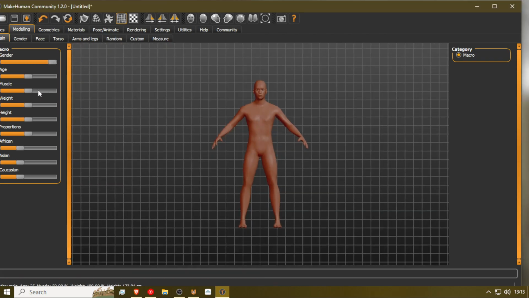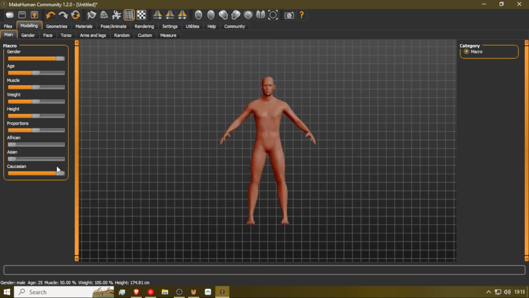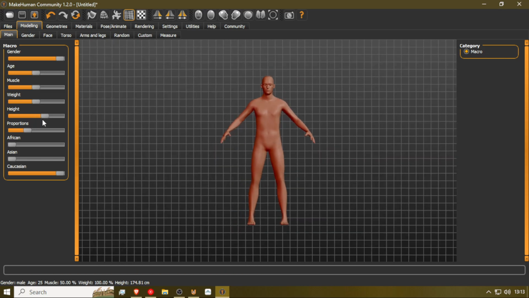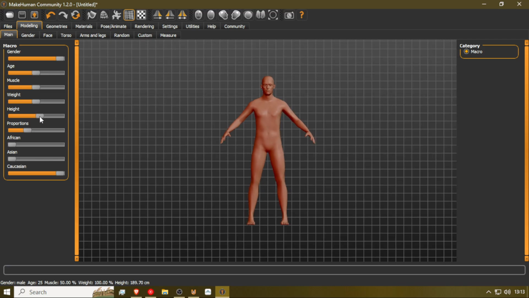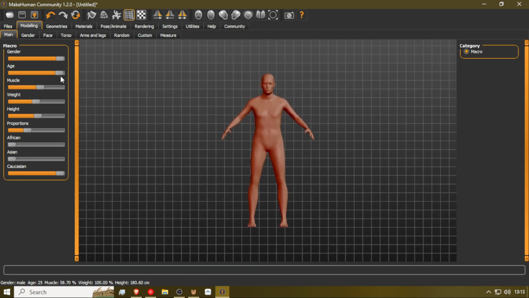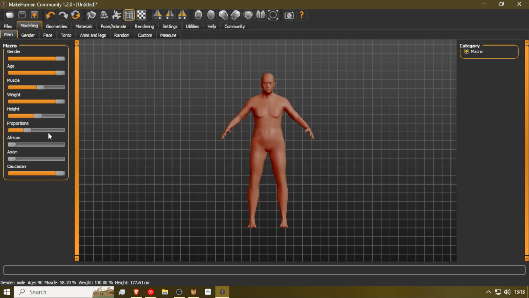So obviously you're gonna have a male. You're gonna need a Caucasian because it's Freddy Krueger. The proportions, I think it's a little fat. The height, you don't really need to worry about that. You can do the muzzle. I think I brought it up just a little bit. The H I brought up a lot. Then bring the weight. This is if you want to do like Jason Voorhees, but